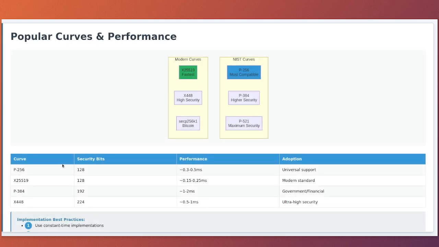Popular curves and implementation. Not all elliptic curves are created equal. The choice of curve can significantly impact both security and performance. Let me guide you through the most important curves you will encounter in the wild and explain why certain curves have become industry favorites. The NIST curves, P256, P384, and P521, were standardized by NIST and have been widely deployed